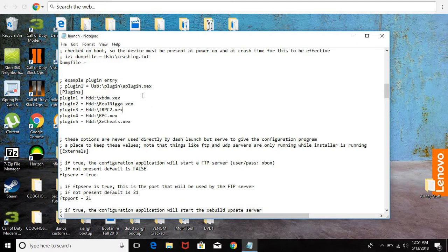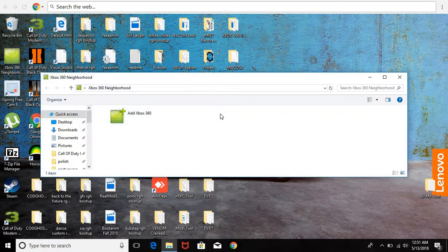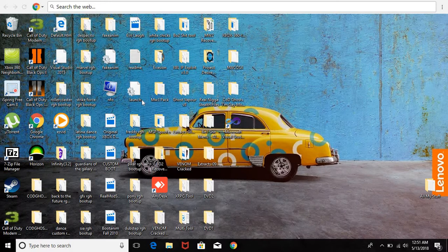Then after you get done editing your plugins, go to File and click Save, and then close it. And then now you want to drag it to whatever you've got right here in Neighborhood to your JTAG. Then go to retail hard drive or HDD or whatever. It's in parentheses, I think. Then go to